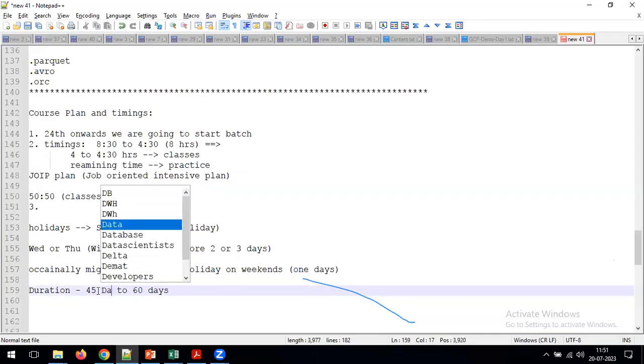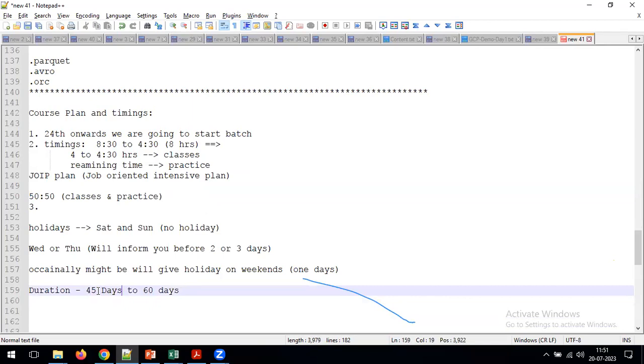But sometimes what will happen is we won't be able to cover all the topics in 45 days. In that situation, you need to spend extra time. Okay, this is your responsibility. Don't think that you were promised to complete the course within 45 days, but it is not completing within 45 days. If you want, I can complete the classes in 45 days also. But what I will do, I will skip some of the topics and cover the topics very fast. With that, I will cover all the things in 45 days. But what will happen? Quality will reduce.